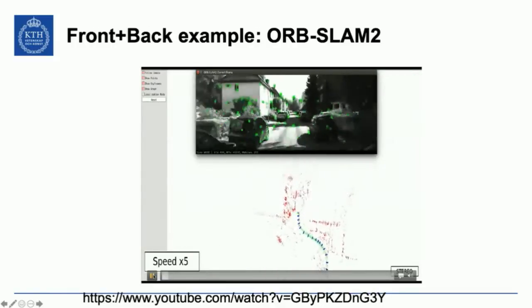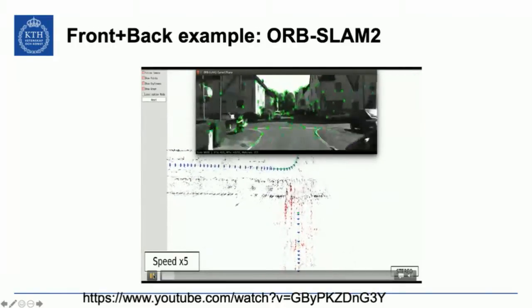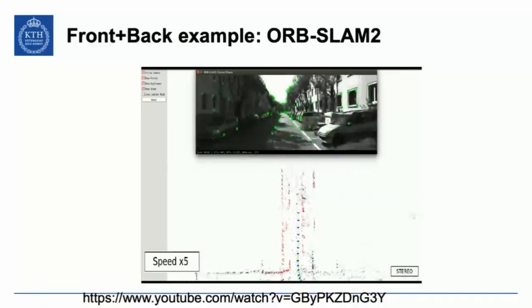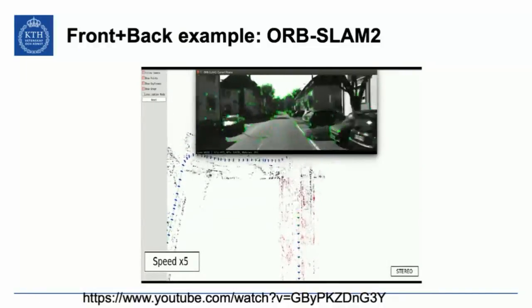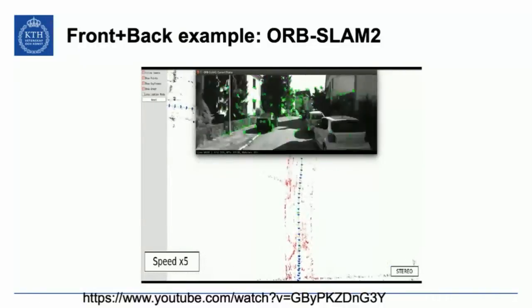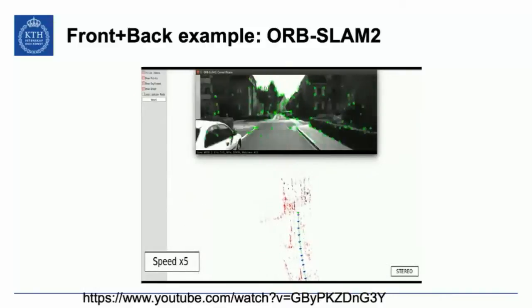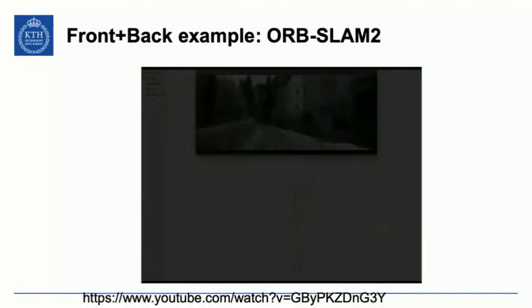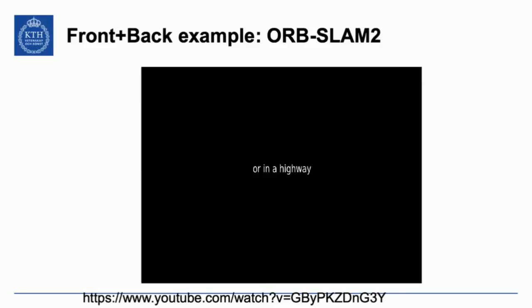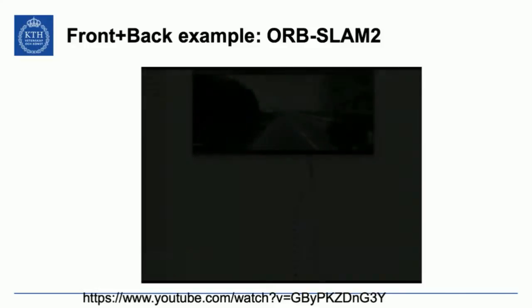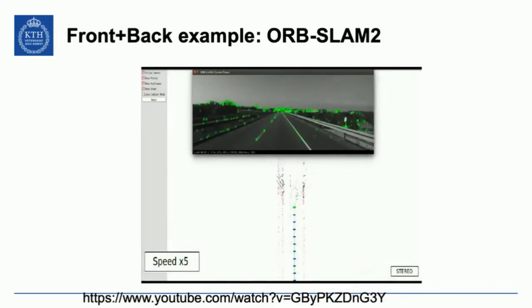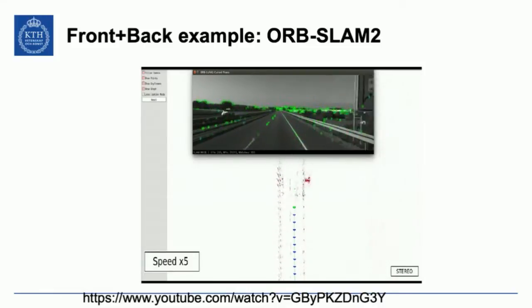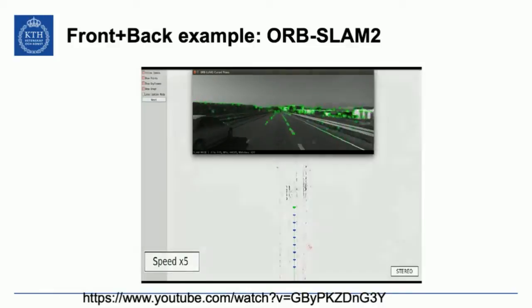So you will see when the car comes back to a place where it has been before, you can see that it actually estimated the intersection there quite accurately. We can also see that they seem to have picked the time of day when there are no other cars moving, just to make sure that the static environment is a valid assumption. You can see that on the highway as well. I'm not sure when they're driving, but